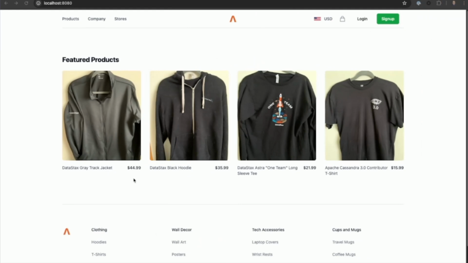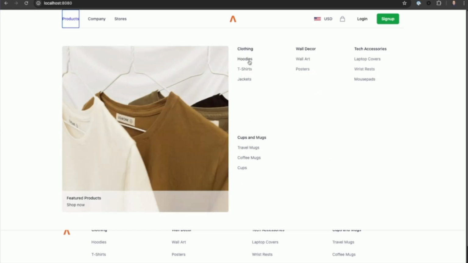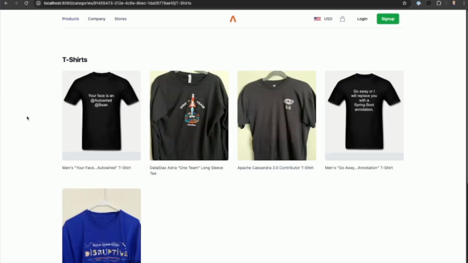If we have a look at our e-commerce site, what you're seeing when you first get to the site, and we covered this in the first video, is the featured product system that's getting used here. But if you click the products tab up here, you'll get a drop down that has all of these other categories in it. Like clothing, you have hoodies, t-shirts, jackets. If I go into clothing and then click on t-shirts, this is the product category navigation at work here. It's showing everything that it has in there for t-shirts underneath clothing. So this is the system that we're going to work on today.